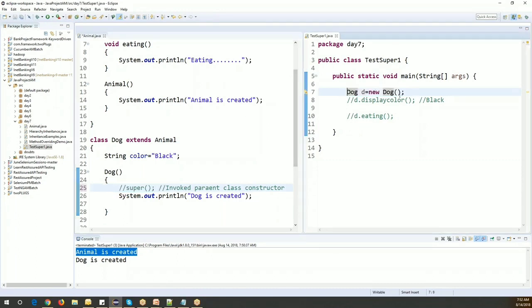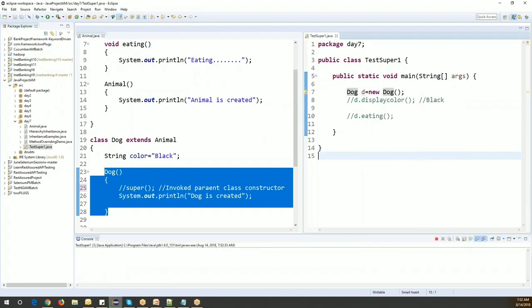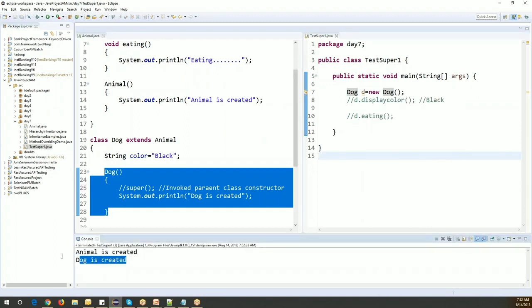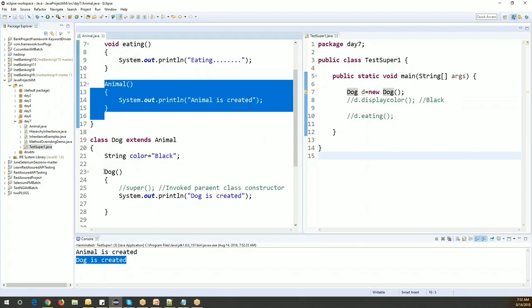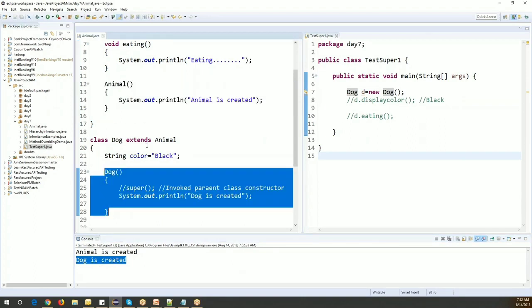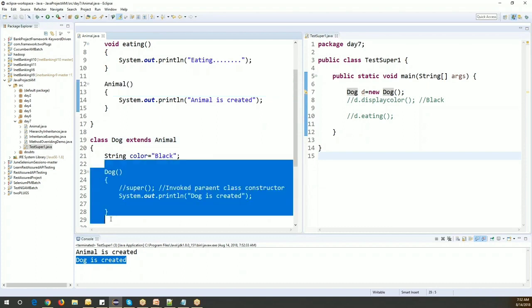Dog d is equal to new Dog will invoke this constructor from the child class. Now when I execute this, it will give the same thing. So animal is created, dog is created. That means it executed the parent class constructor and the child class constructor, because we have extended the parent class. This approach is different because we are invoking both the constructors